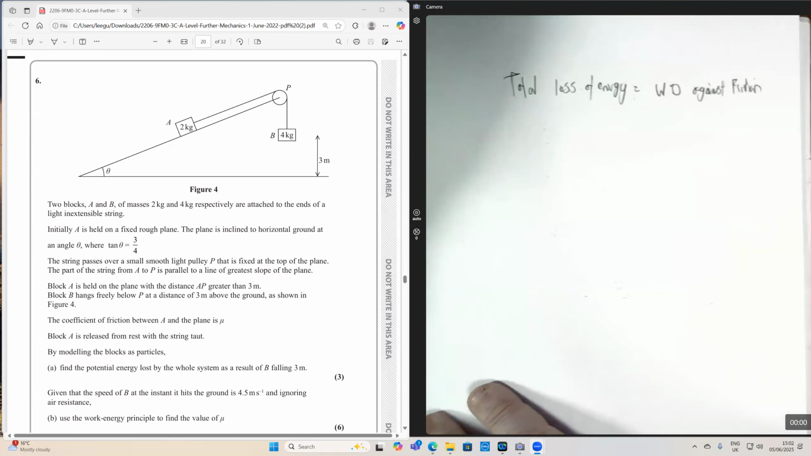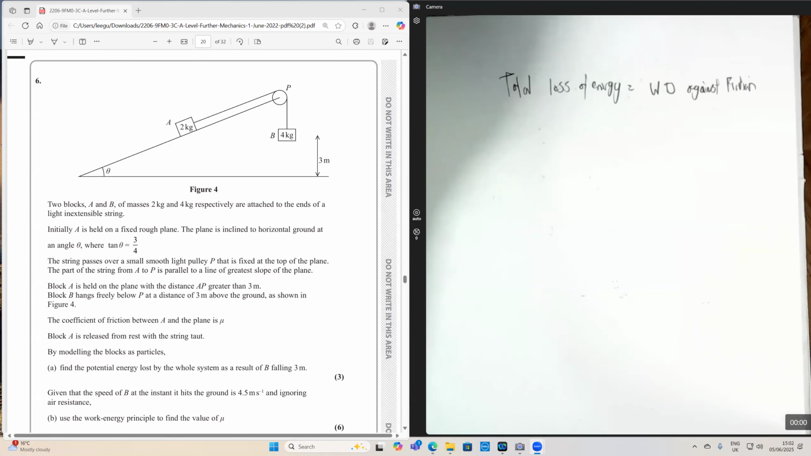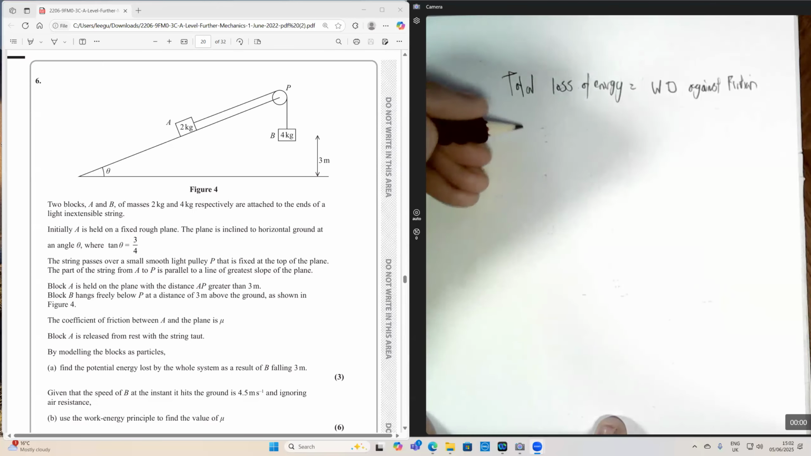Okay, so total loss of energy equals work done against friction. So what's our total loss of energy then? Our total loss of energy is going to equal our loss in gravitational potential energy. So that was